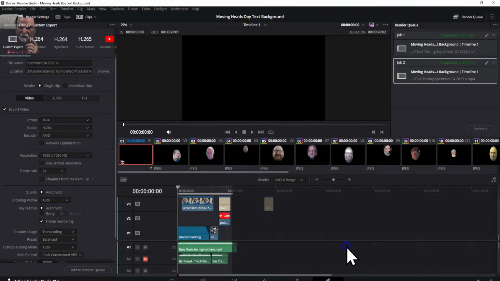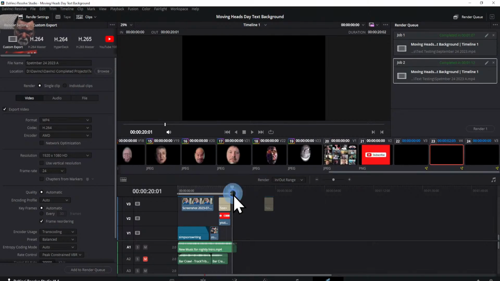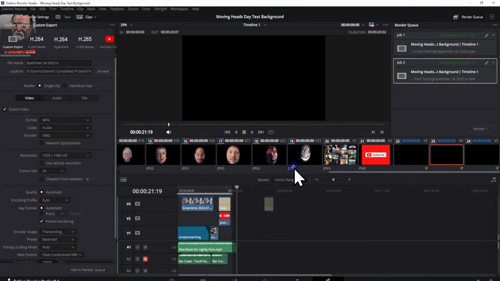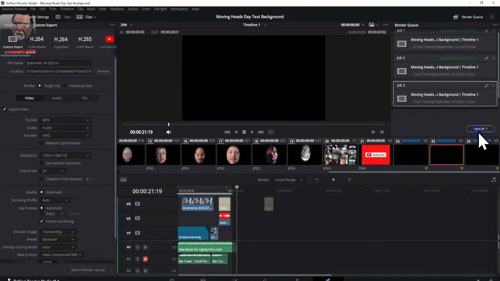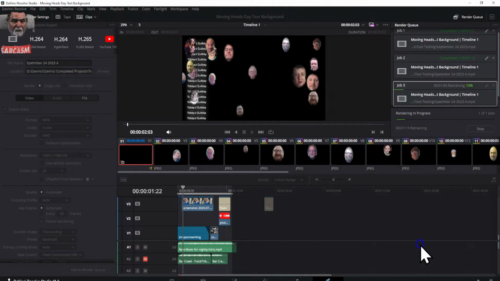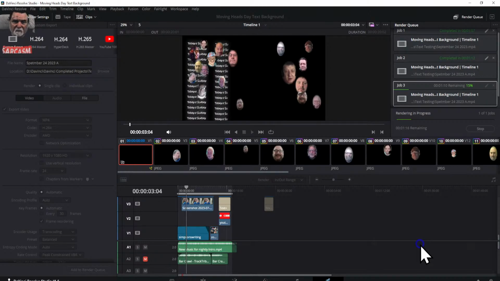Okay, so that's not going to work. I got to redo this. I forgot. So you see this little gray bar right here? I got to move it out to the end of the music because I'm missing, it looks like, 2 frames or a frame of this. And I just got to redo it. If I go re-add, it's going to rename, I think I can replace it, and it might actually work over in where it's being stored. Yeah, it will. Sometimes it do, sometimes it don't. Usually I have to go into the file itself, delete it out of there, and then redo it. Occasionally I can hit replace, and it does work.